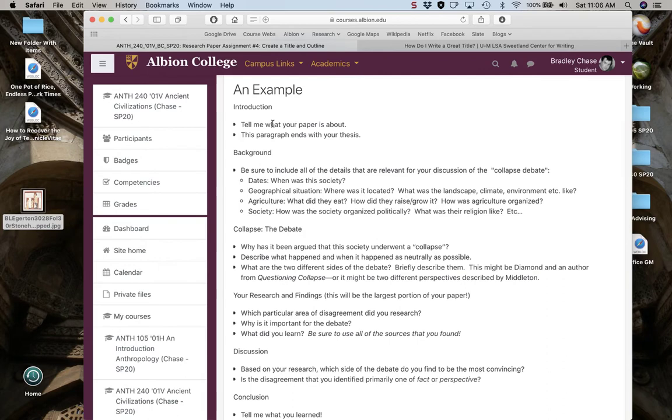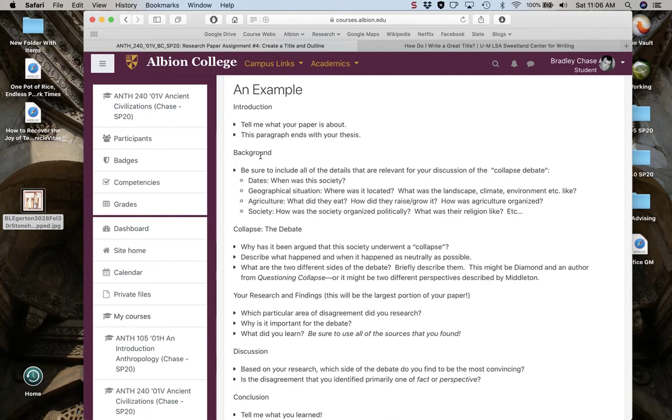You tell me what the paper is going to be about, and the thesis statement is where you tell me what you're going to tell me. In the introduction, you propose your research question and you tell me how you're going to answer it. That's your thesis. It gives me something to expect. I expect then that you are going to lead me to your answer to your research question throughout the